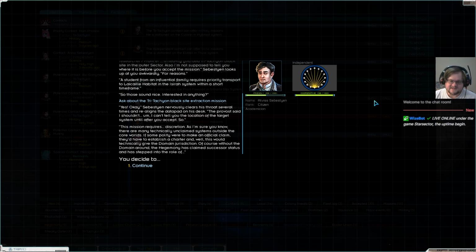Yes. Okay. Sebastian nervously clears his throat several times and realigns the data pad on his desk. The provost said I shouldn't, I can't tell you the location of the target system until after you've accepted. So, this mission requires discretion. As I'm sure you know, there are many technically unclaimed systems outside the core worlds. If some polity were to make an official claim, they'd have to establish a charter and, well, this would technically give the domain jurisdiction. Of course, without the domain around, the hegemony has claimed successor status and stepped into the role of...